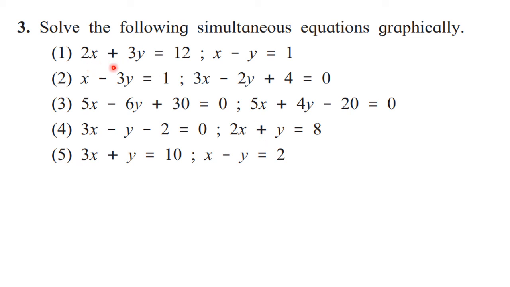That means you take one equation, prepare the table of ordered pairs, that means values of x, y, then plot those points on the coordinate system, draw the line, and write down the equation of that line at one end with an arrow. Then take the second equation, prepare the table, plot the points, draw the line, write the equation, and then you will find that these two lines are intersecting at one point, and that point of intersection is the solution of these two equations. Okay, so this we have already seen.